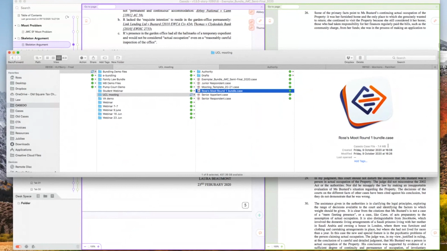moot. You can see this one with only a few documents in it is 7.5 megabytes, so a reasonable size. They can get big. I mean, I have 5,000 page bundles in Casido that are 200 megabytes, but you won't be going anywhere near that, I think. So they should be fairly easy to share. I store mine on Dropbox or OneDrive as well, so if you've got shared storage that way, different people can access them. You will get conflicts if you're both using them at the same time, but as long as you manage that yourselves in the usual way, you'll be fine.